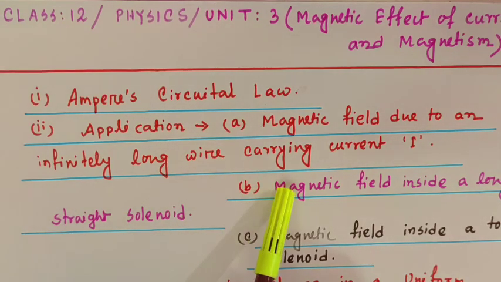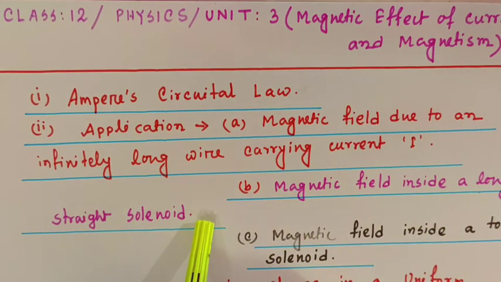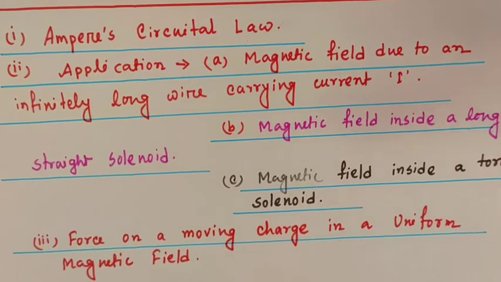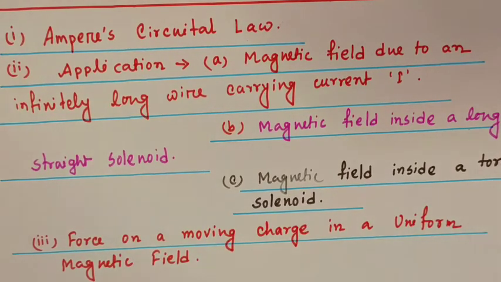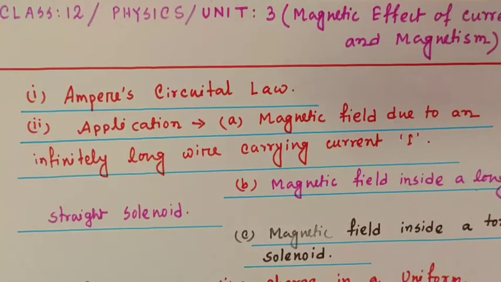Next, another application of Ampere's circuital law is magnetic field inside a long straight solenoid and then toroidal solenoid. And lastly, I shall show you what is the force on a moving charge in a uniform magnetic field. So let's start. So our first topic is